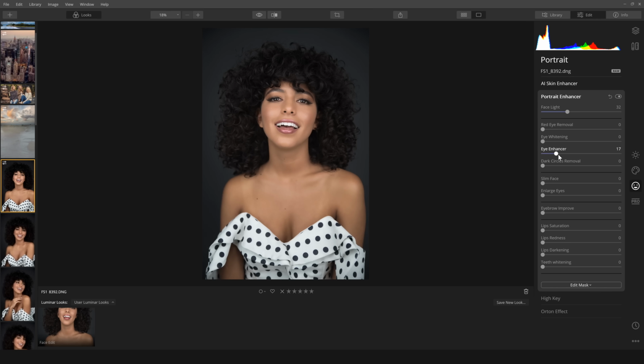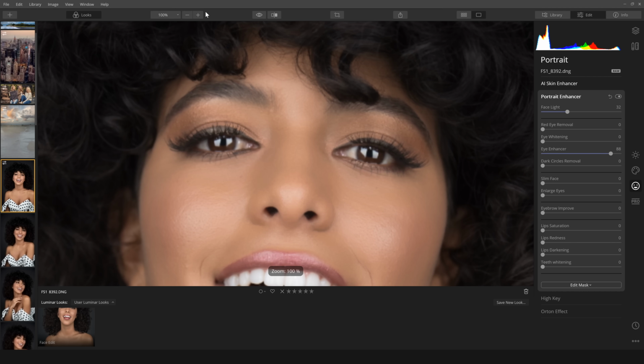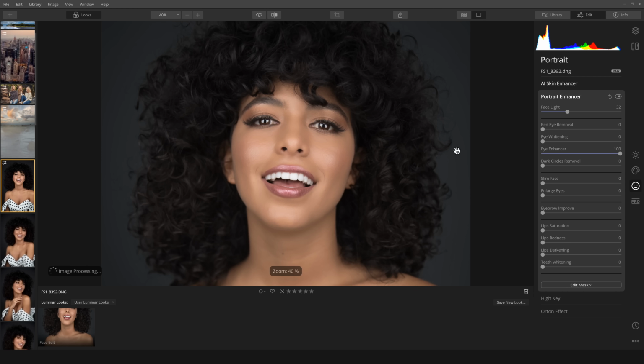Let's see what eye enhancer does. Let's just pull that up all the way. And it's kind of hard to tell when you're that zoomed out. Let's zoom in and let's do a before and after. So it looks like it's sharpening the eyes and it's bringing out some detail. You can see her brown eyes look a lot better with the eye enhancer. I have this all the way up, and I don't know that I would say that that looks bad. Maybe here in a minute I'm going to get to a point where it's all a little too much,